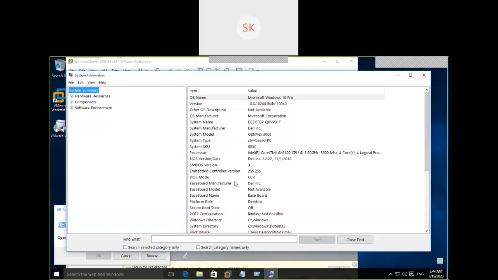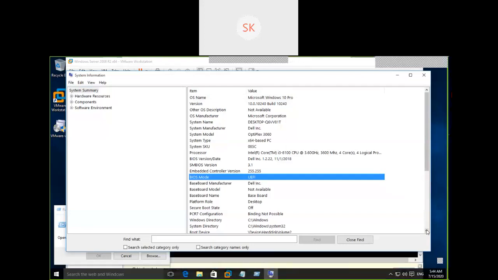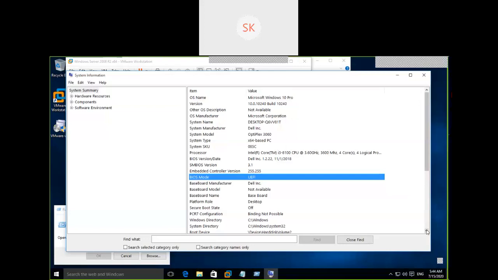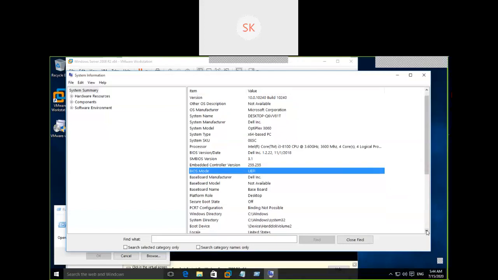See here the BIOS mode. There are two types of BIOS mode I told you: one is BIOS, one is UEFI. You can go with whatever option is available. The next one is the memory availability.